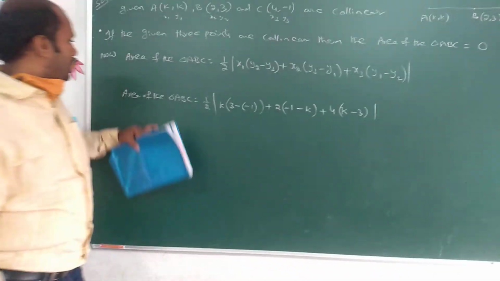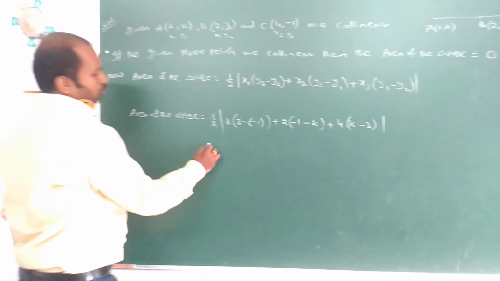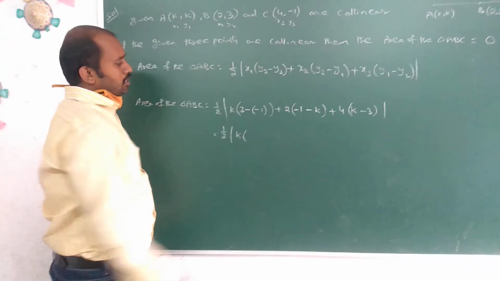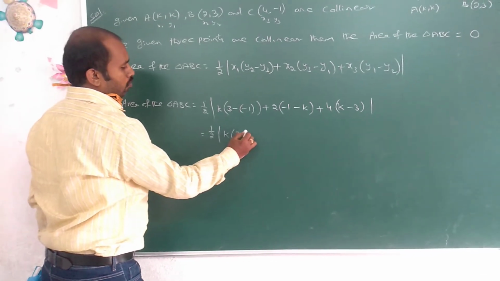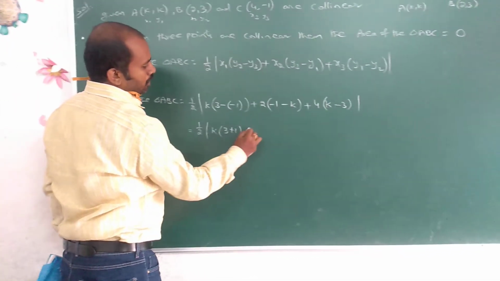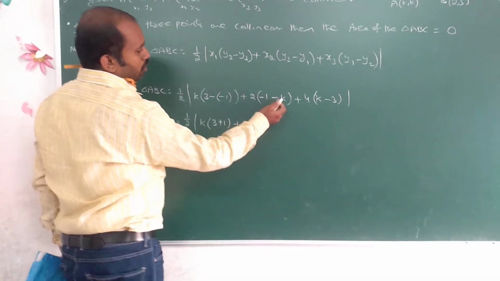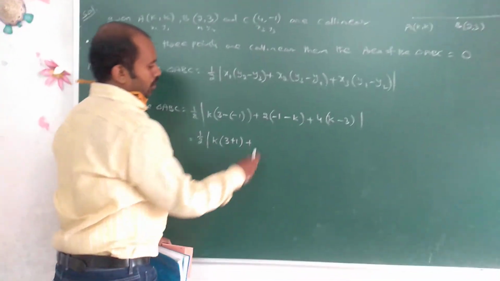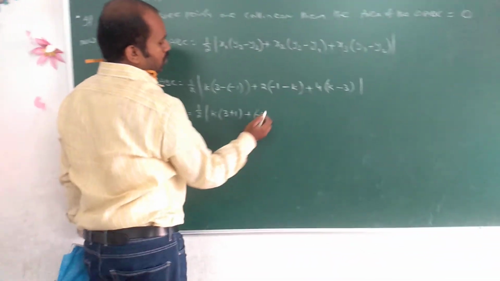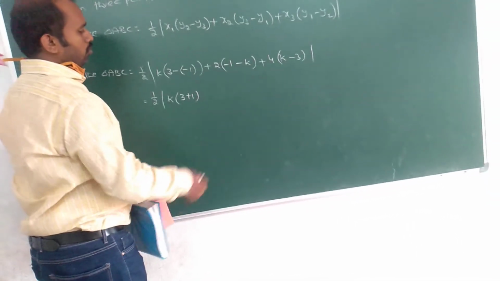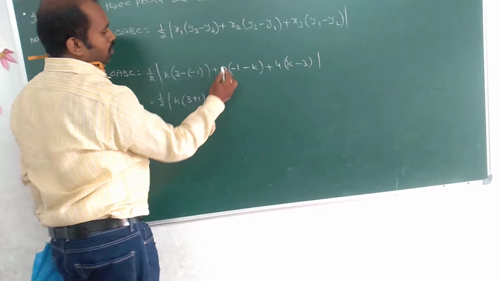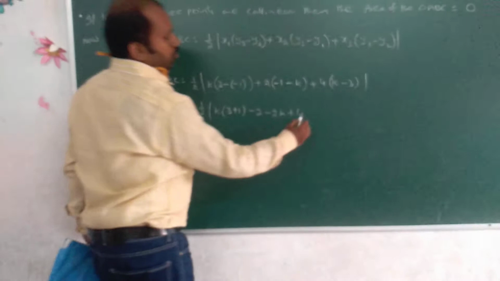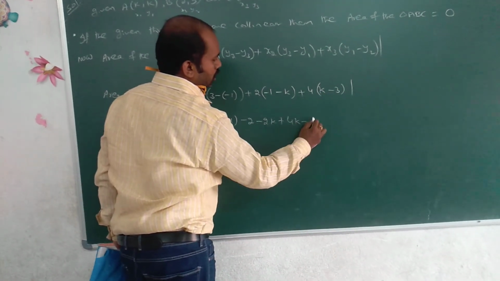Modulus close. That is the area of the triangle ABC. So, the modulus of the simplification: k into minus of minus into minus plus, that is equal to 3 plus 1. We can write next: plus 2 minus 1 minus 3. So multiply that one. 2 into minus 1, first one, that is equal to minus 2. Directly you write minus 2 plus 2k, and 4 into k, third one, 4k plus 4 times 3, 3s are 12.